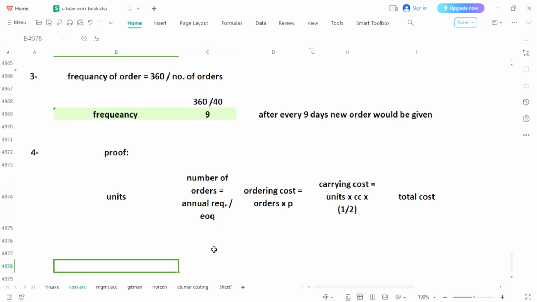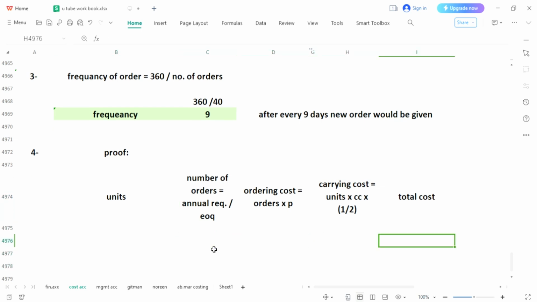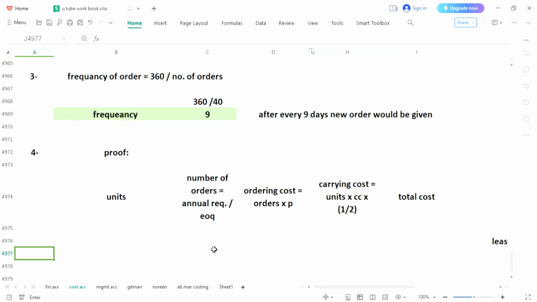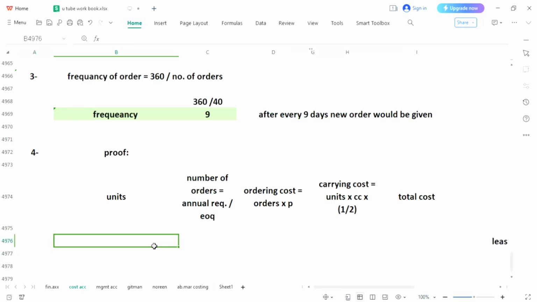Now our claim is going to start, and we are going to put over here the cost which you will calculate for economic order quantity would be the least cost. This is our claim. What does that mean? For economic order quantity we have already calculated 500, and our claim is that if you give an order of fewer than 500 units, say 250, or more than 500 units, say 750, these are just supposed amounts,